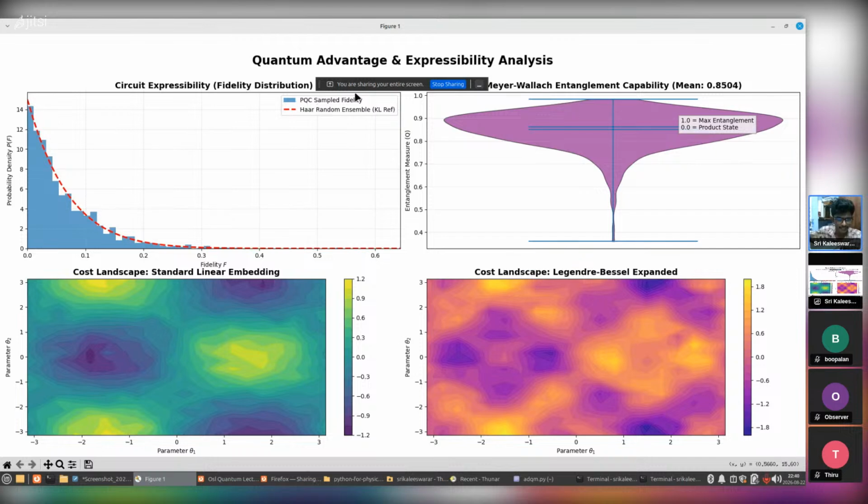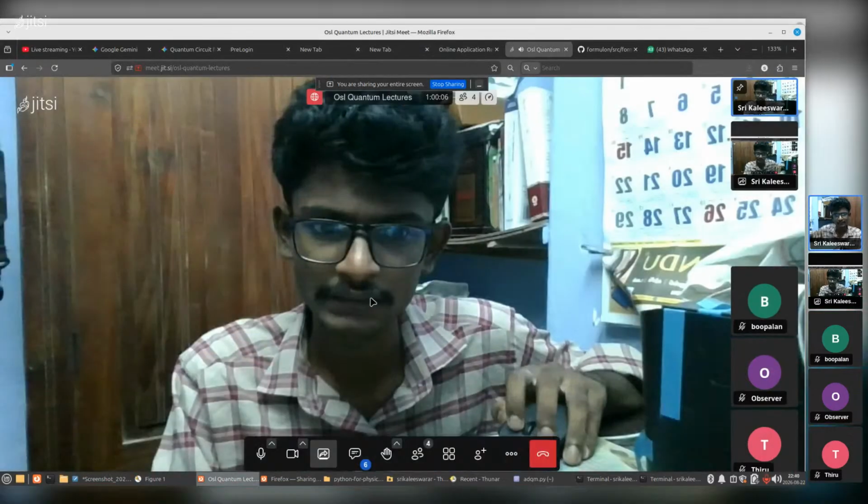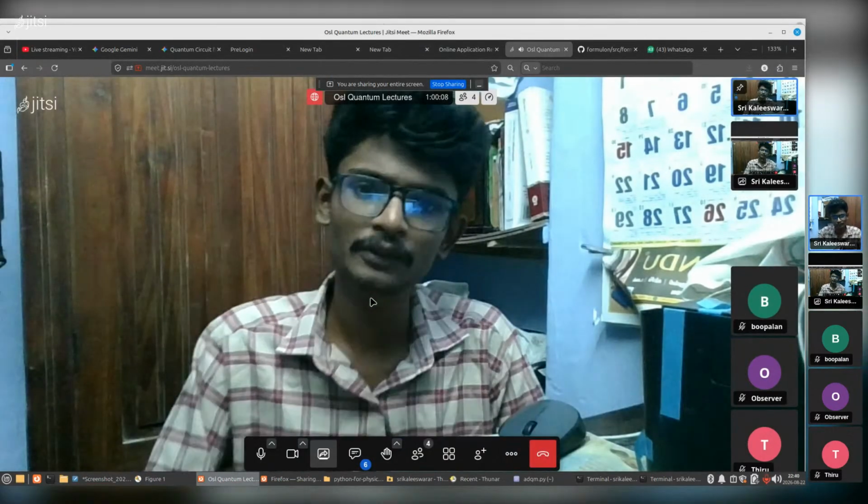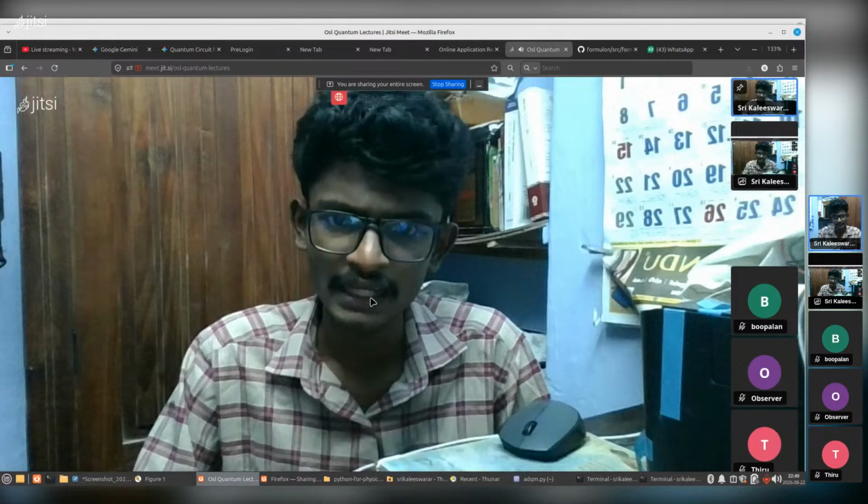And this is the PQC sample expressibility and Haar random ensemble, which we are using here to represent the data in terms of the cancerous cell analogy. And we have got around 85 percent chance in the mean value for the breast cancer analysis which we have done here. For those people who feel a little bit confused